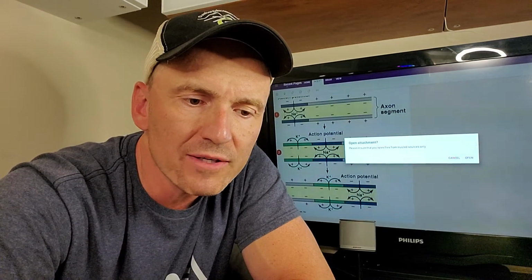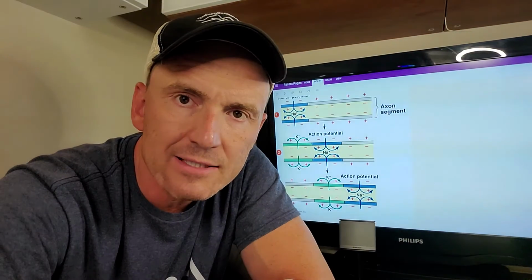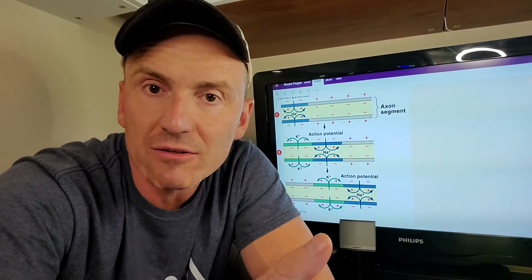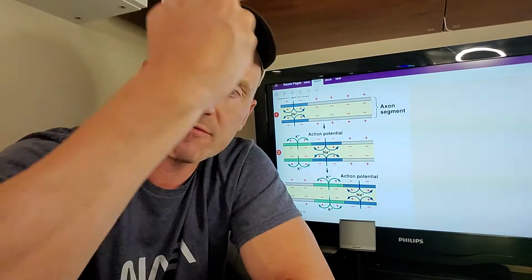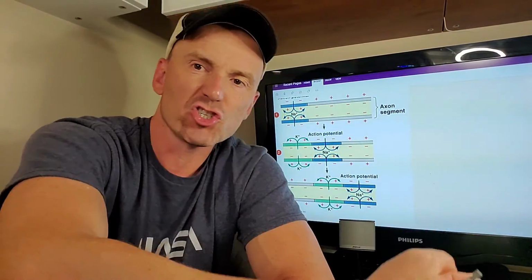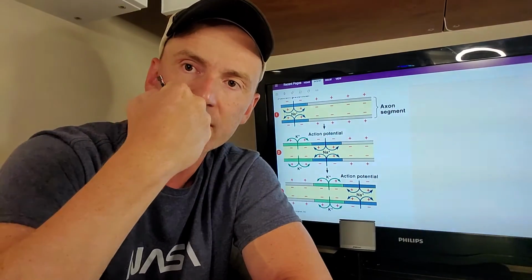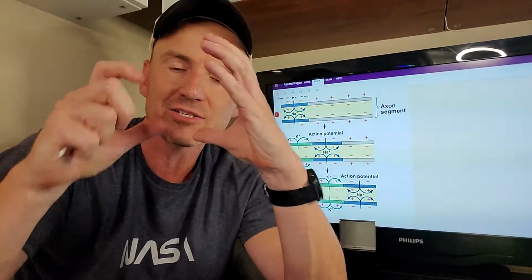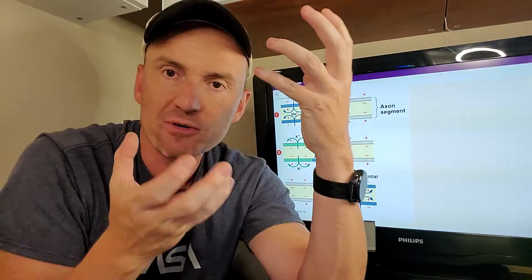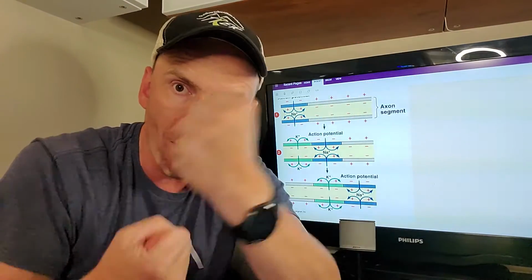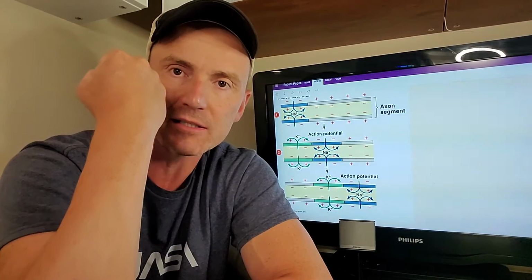How you control the strength of the response is how many of these neurons fire in a bundle, basically. How many in a bundle will fire? The more motor neurons firing, the stronger the pull of the muscle, because more muscle fibers are engaged. Your muscles are a combination of muscle fibers that contract. The more muscle fibers are actively contracting, the more power, the more motors basically are running to move that